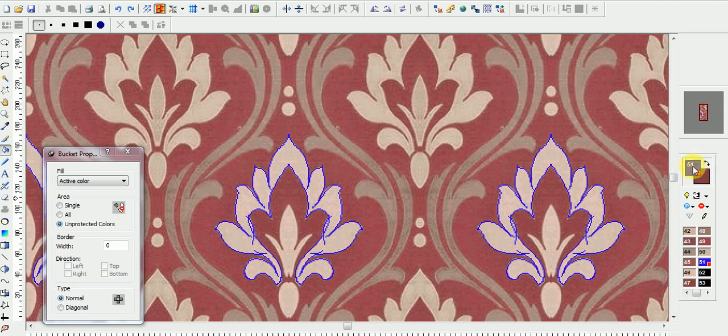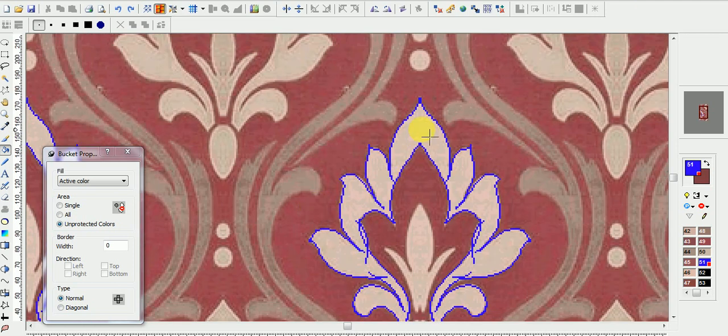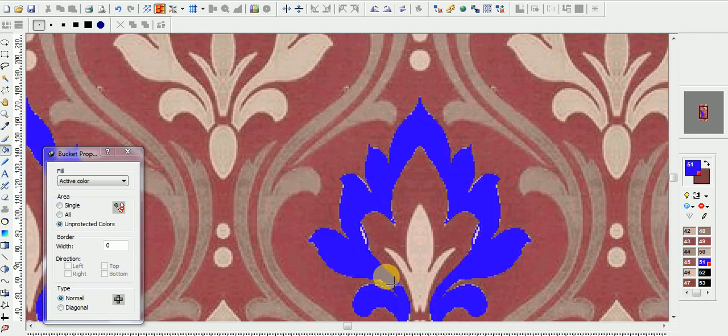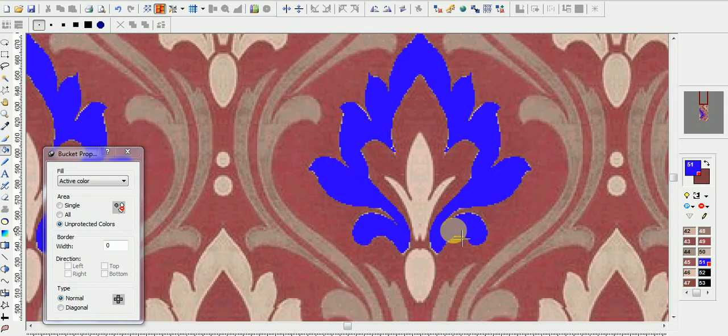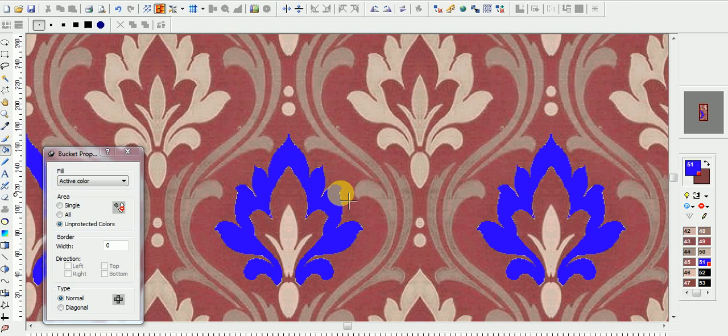Now take this 51st color and fill on the motif wherever we drew it. You can see like this, you can fill easily with one single click. All colors are filled with one single click.